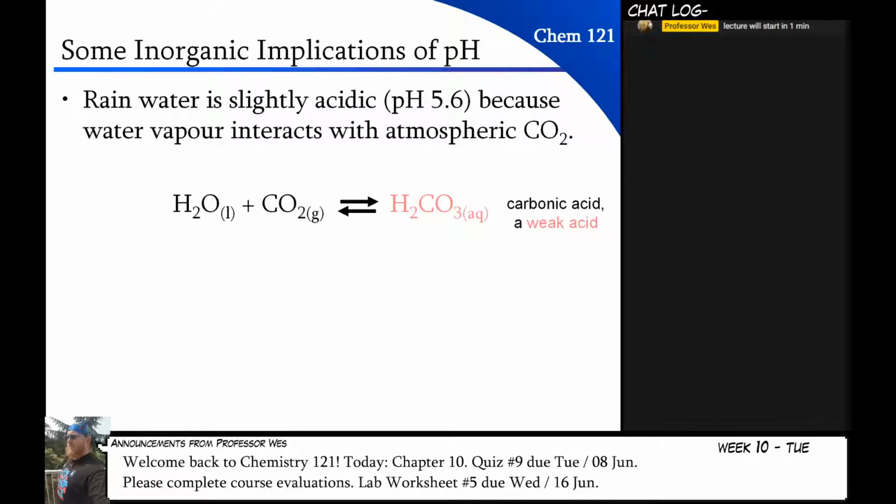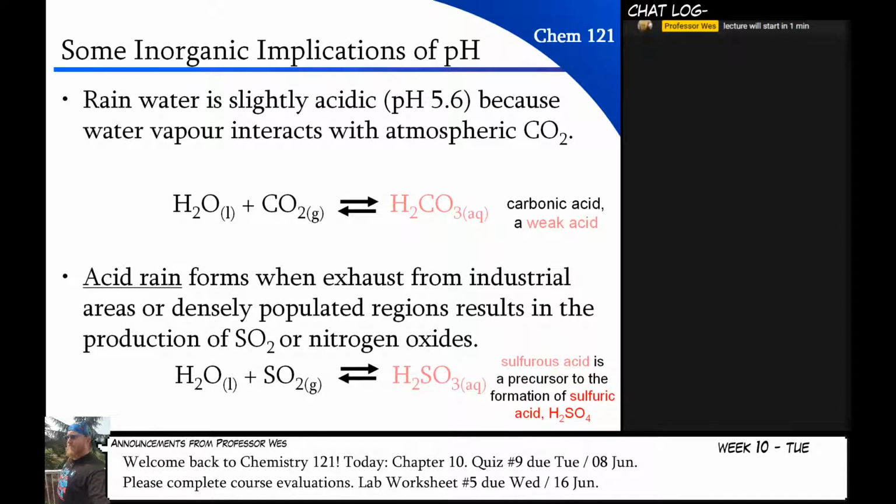That CO2 will interact with water in the atmosphere to form H2CO3, which is carbonic acid. This is a weak acid. This is the same acid that's in my fizzy soda, although there's more of it in the fizzy soda than there is in rainwater. So carbonic acid is a weak acid. It does not affect pH terribly much, which is why the pH only goes from 7 to 5.5. Not a huge deal. Now, the issue occurs when we get sulfur